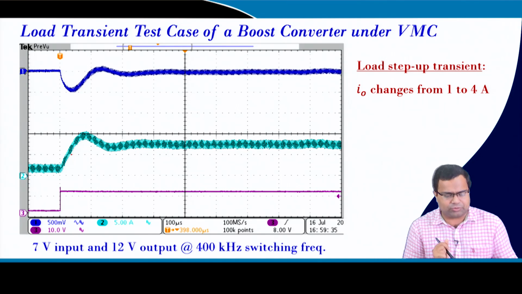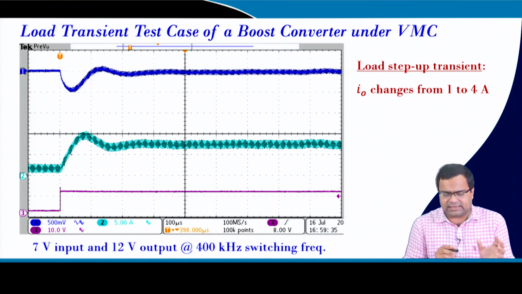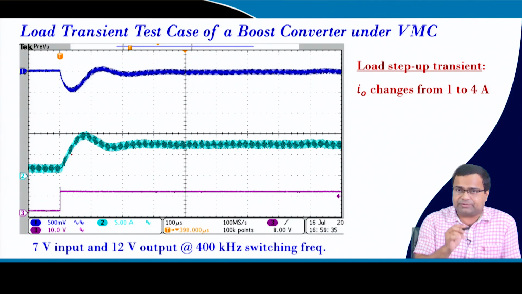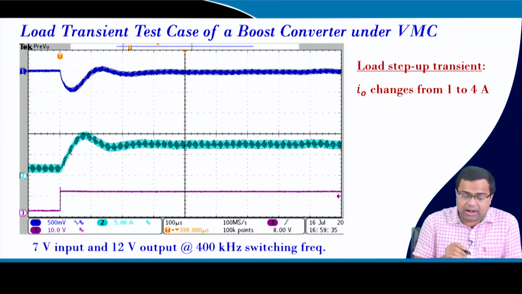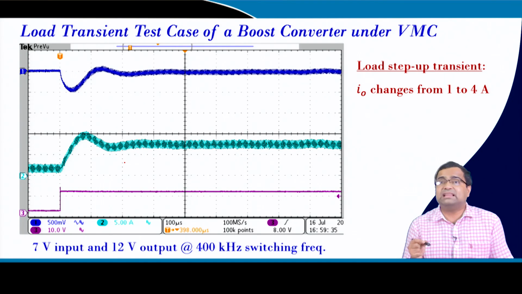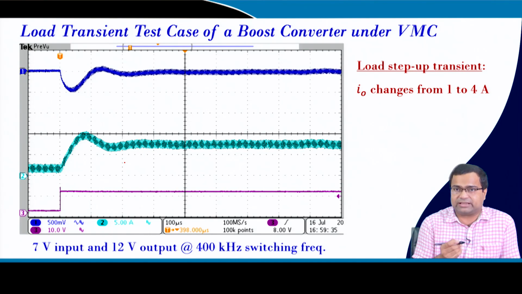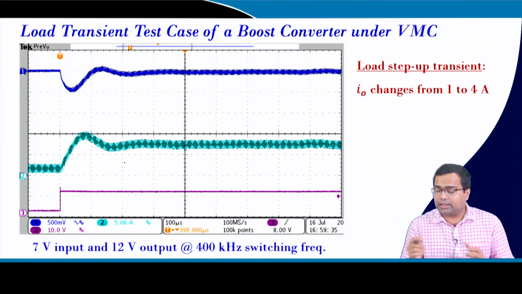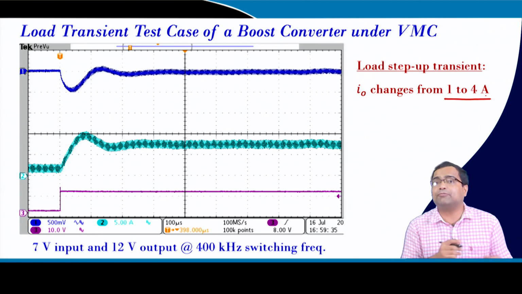So, this is under voltage mode control, and you can see that the transient performance is not good because our switching frequency is 500 kilohertz, but it is taking almost 0.2 millisecond, basically 200 microsecond, which means almost 100 cycles when there is a load change from 1 ampere to 4 ampere, and when it goes from light load